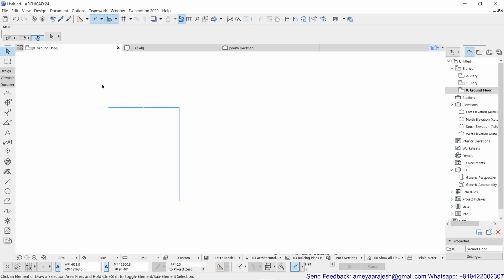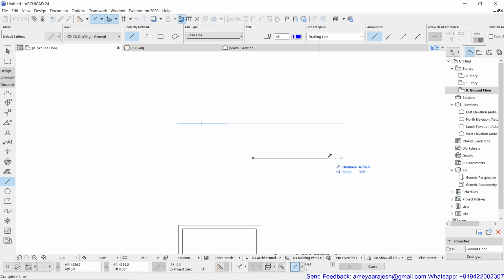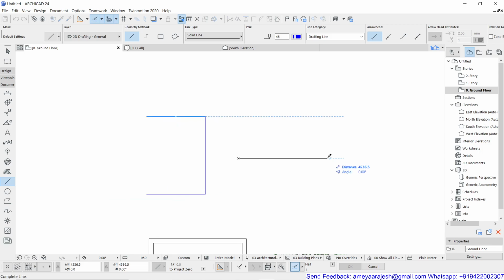If in case I have not used this multiple segment, or if I use some other thing, say for example I'm going to construct a single line. First of all, I'm going to construct one line, and then this line segment I'm going to draw roughly maybe the same 4 meter.